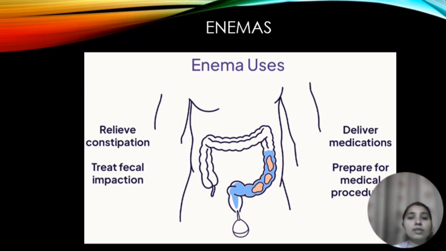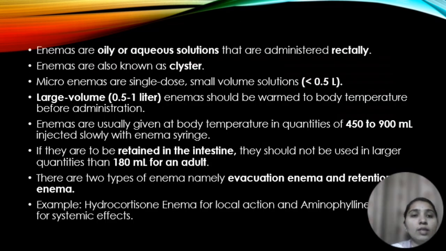So next is the enemas. What is meant by enema? What is the main purpose of the enema? The first one is to relieve the constipation problem. It delivers medication, also prepares for a medical procedure, as well as treats fecal infection. So what are enemas? Enemas are oily or aqueous solutions that are administered rectally, and they are also known